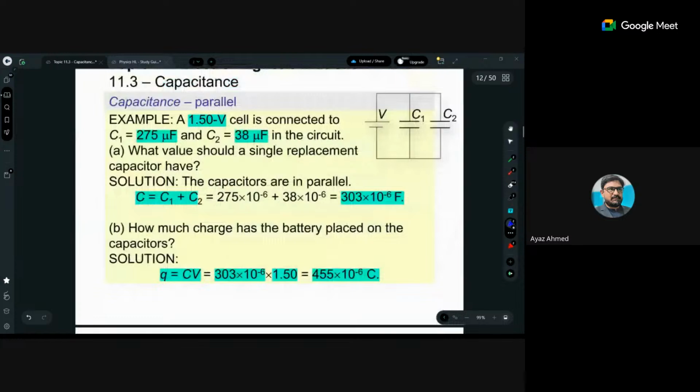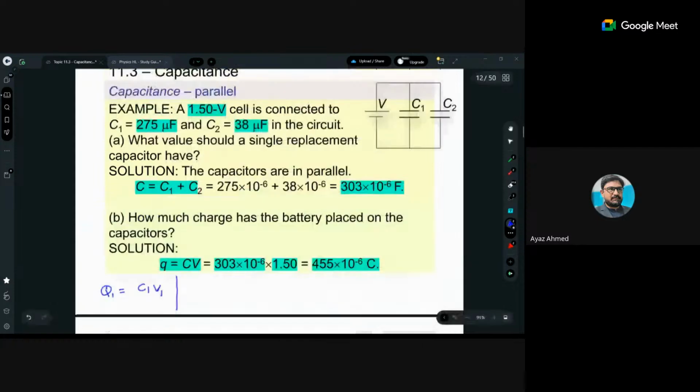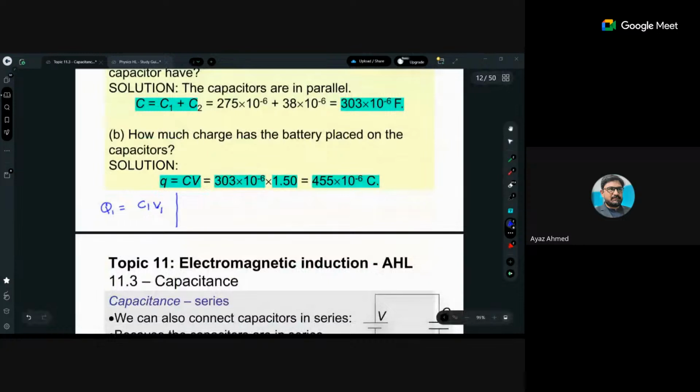If I calculate Q1, so Q1 equals C1 V1. I can say that capacitor number one, whose capacitance is 275 times 10 raised to the power minus 6, would have a charge equal to